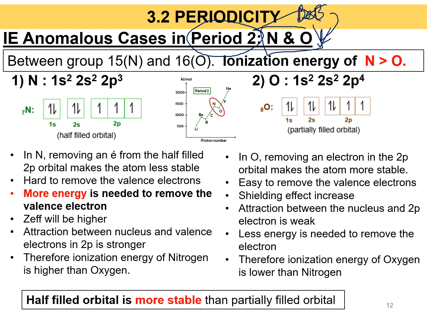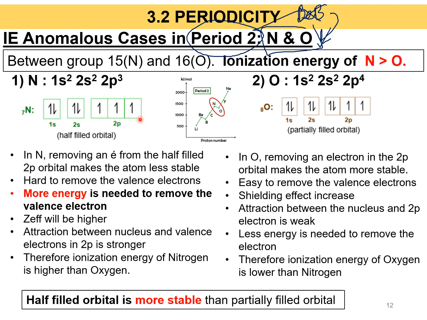Okay, N is located in group 15, while oxygen is located in group 16 in the periodic table of elements. If you look at this graph, you can see there is a drop here. You can see that the ionization energy of nitrogen is more than oxygen. Why? It is because the half-filled orbital is more stable than a partially filled orbital. Because if you look at nitrogen and build its atomic orbital, you can see here at 2p